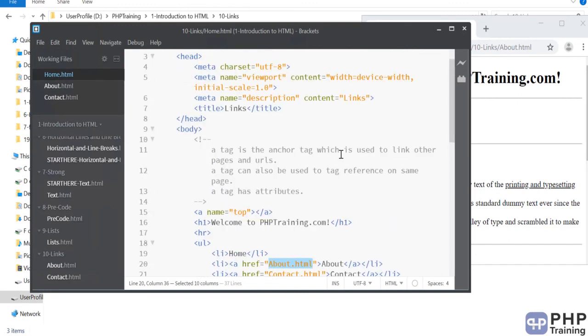Alright, so that's all about the anchor tag. And remember, the anchor tag has attributes, and it is the most important tag because it connects all the resources on the internet. If you want to give links to your Facebook page, Twitter page, or to your other pages on the website, you will be using the anchor tag a lot. Okay, so that's all about how to use the anchor tag, and I'll see you in the next one.